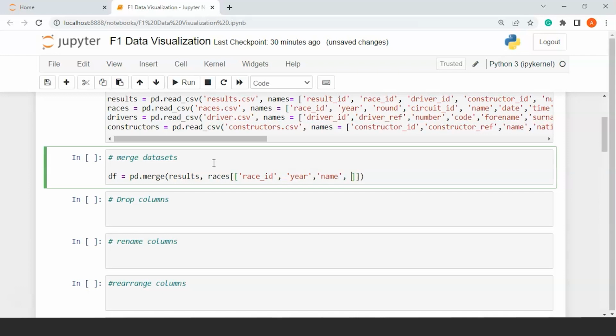Next I'm going to take the round column as well,